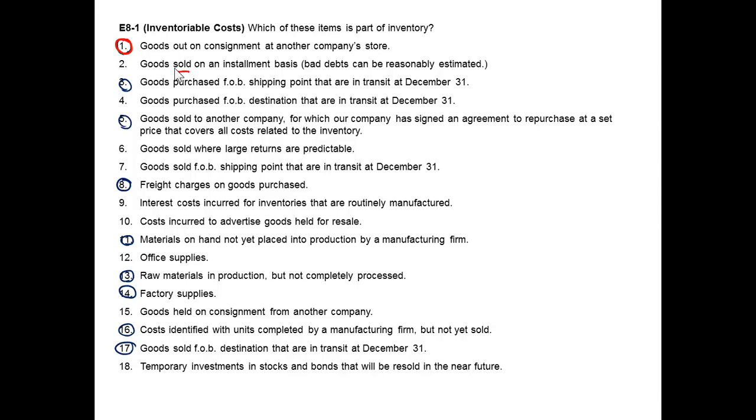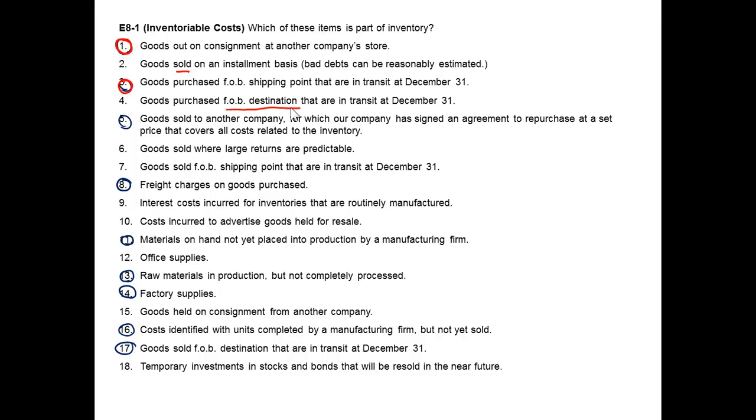FOB shipping point means the title to the goods passes when they are shipped by the supplier. Since they are in transit at December 31st and we've bought them FOB shipping point, they are part of our inventory. Whereas in number 4, goods purchased FOB destination that are in transit on December 31st, since it's FOB destination,